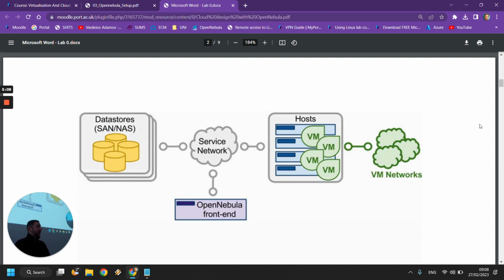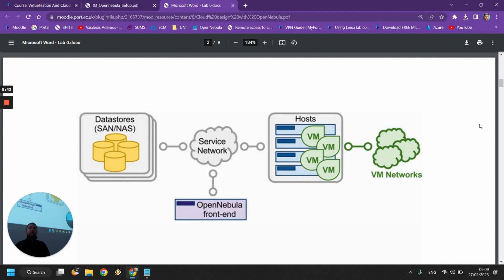All these need to connect together, so they need to connect with each other so that they work. So we have what we call a service network in between. The service network is the physical network that connects all of the servers that will actually make up our cloud. So all of the physical devices that will actually take part in our cloud itself. And we have finally another type of network, which is the VM network, which is the virtual network inside the cloud itself, and that will provide connectivity to all of the virtual machines in your cloud